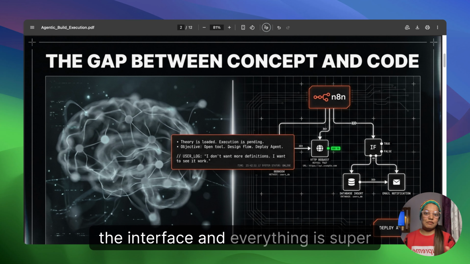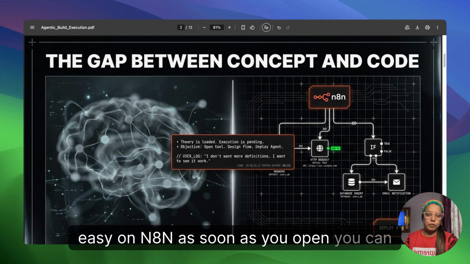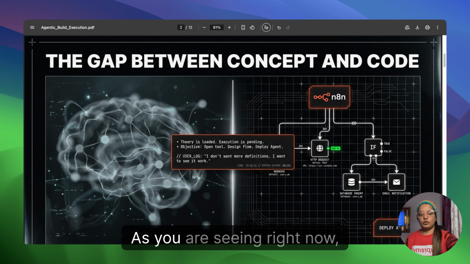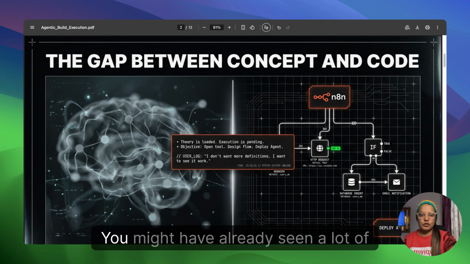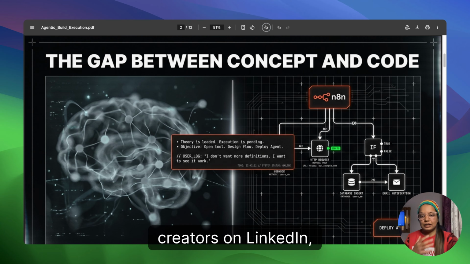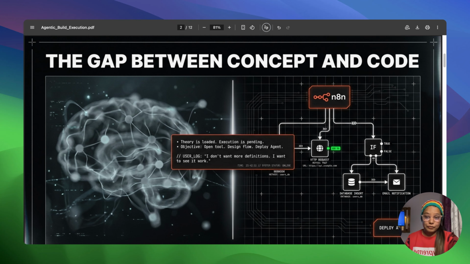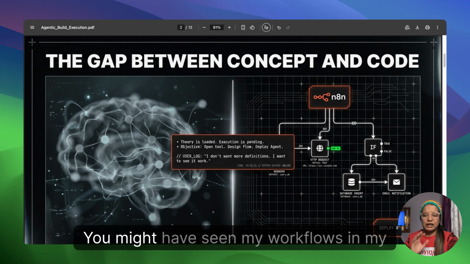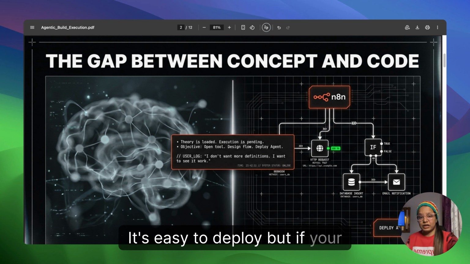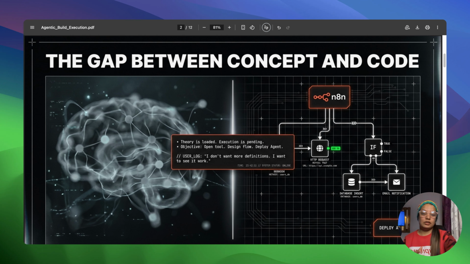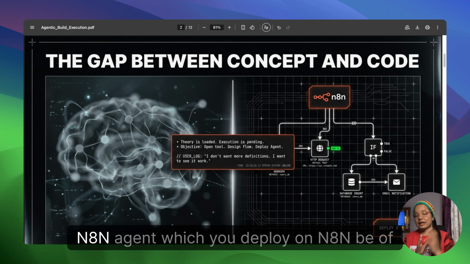Yes, the interface and everything is super easy. As soon as you open it, you can actually see your workflow, as you are seeing right now. The workflow looks very simple when you have deployed it. You might have already seen a lot of creators on LinkedIn, Telegram, Instagram, and YouTube where they have deployed. You might have seen my workflows in my previous videos. It's easy to deploy, but if your logic is not clear, any agent which you deploy on any of these is of no